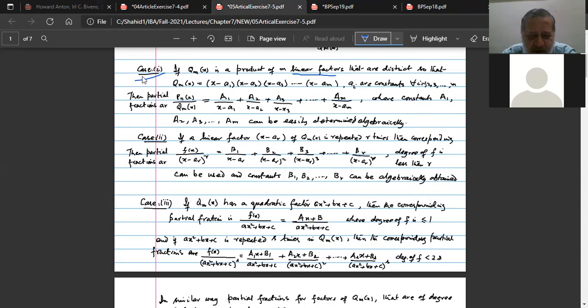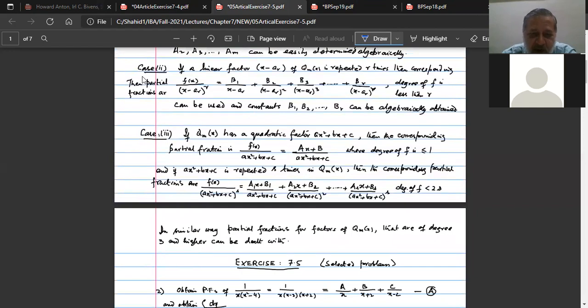In case 3, for the term corresponding to a quadratic factor, if the denominator has a quadratic factor, then a linear factor is written in the numerator. If the quadratic factor is repeated, then you will write a linear factor upon quadratic factor, plus another linear factor upon quadratic factor squared, another linear factor upon quadratic factor cubed, and go up to the maximum power. So this is what we have to understand, and case 3 is interesting, tricky,